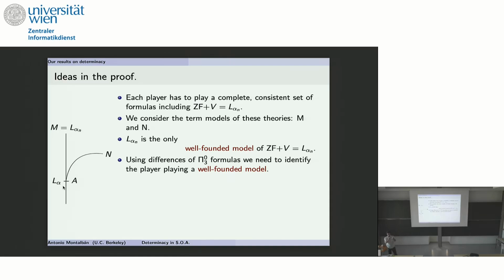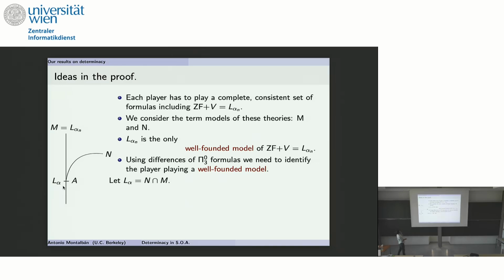You can say there is an ordinal in here, so that's in here, you can reach it from below, but it's not the same. You can play with the models and compare them with Pi^1_5 formulas. But with differences of Pi^0_3 formulas, our hands are tied, we cannot write that sentence. So we cannot say exactly which one is the most well-founded of the 2. So we need to find something else.